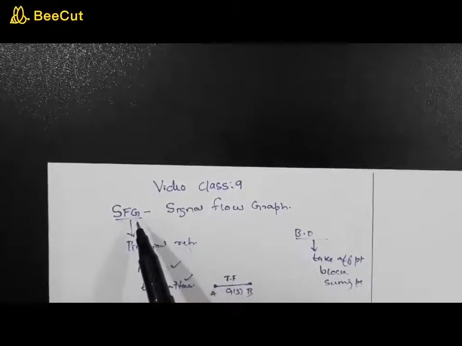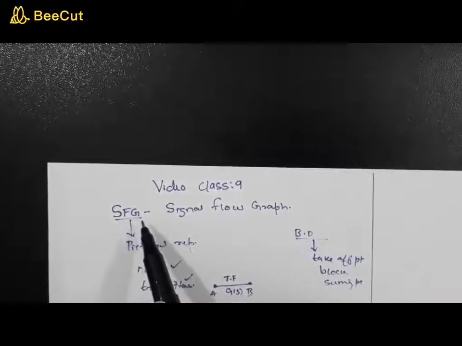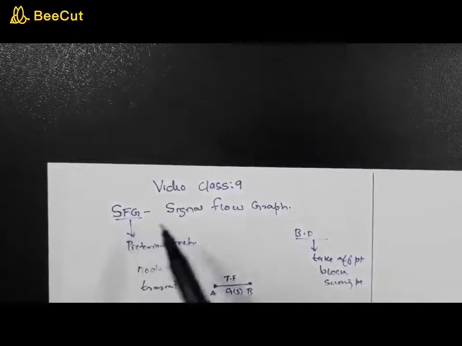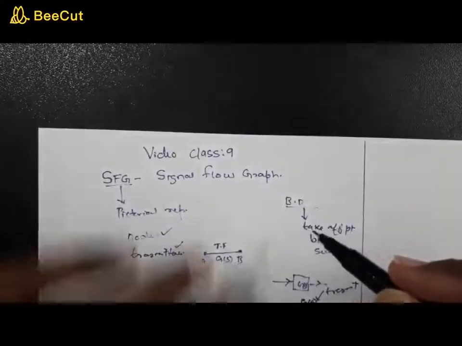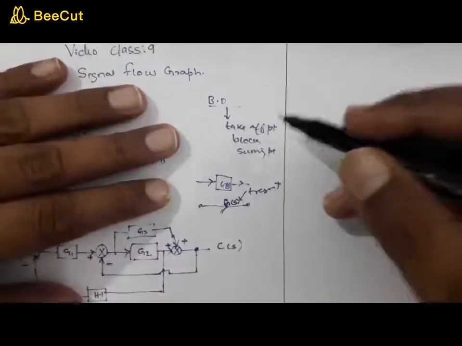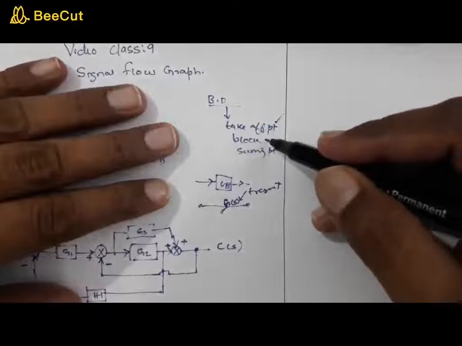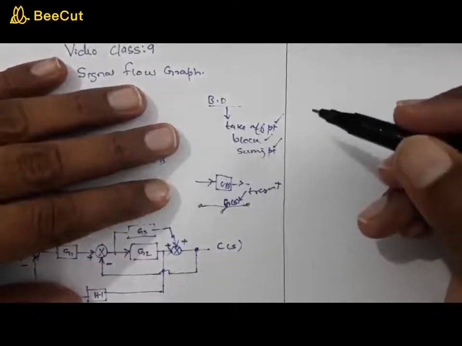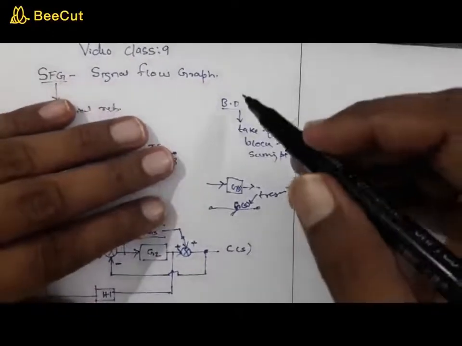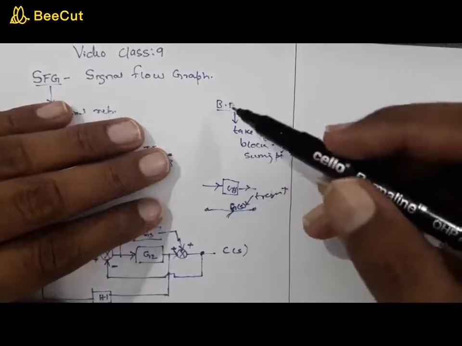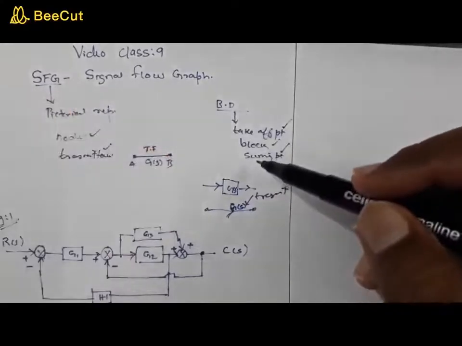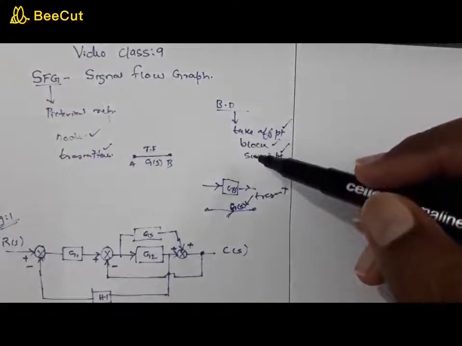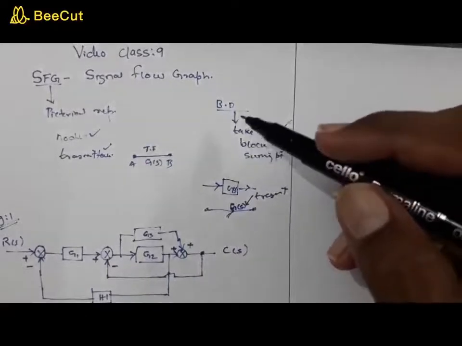Now, we have already studied the block diagram. That is a way of pictorially representing a system. In the block diagram representation, we have the components: the takeoff point, block, and summing point. You can simplify this pictorial representation with another type of representation called